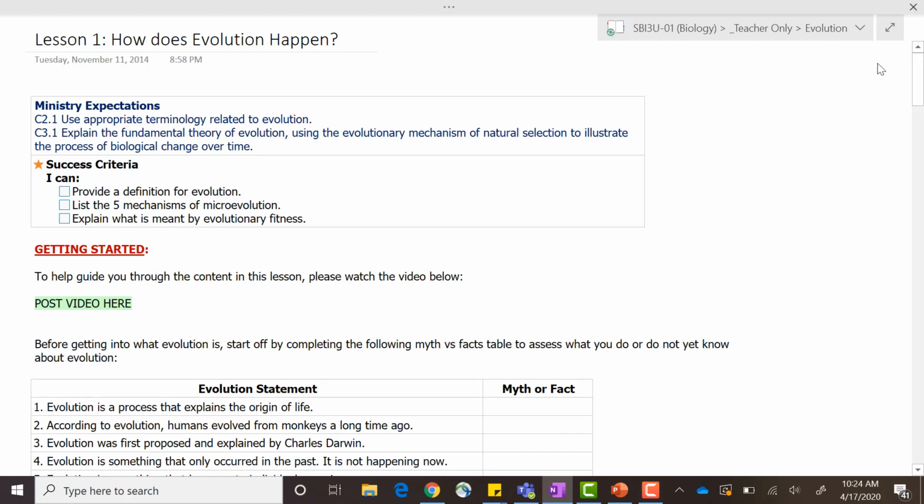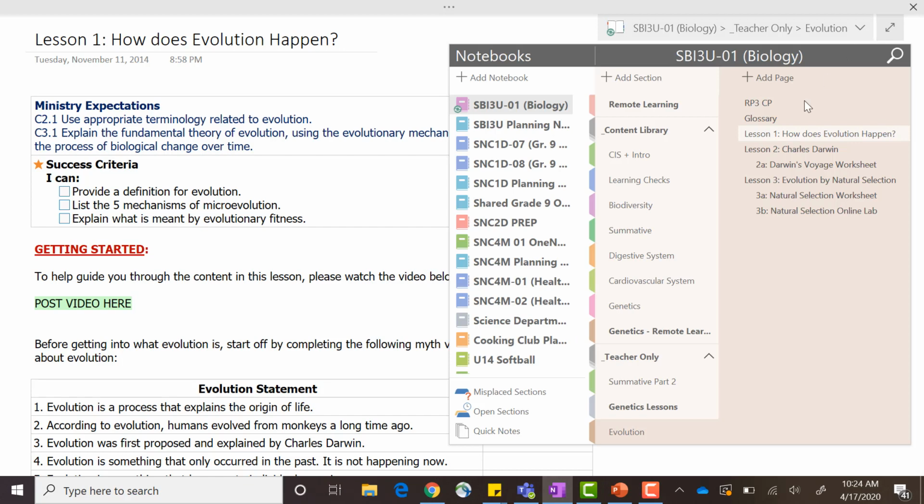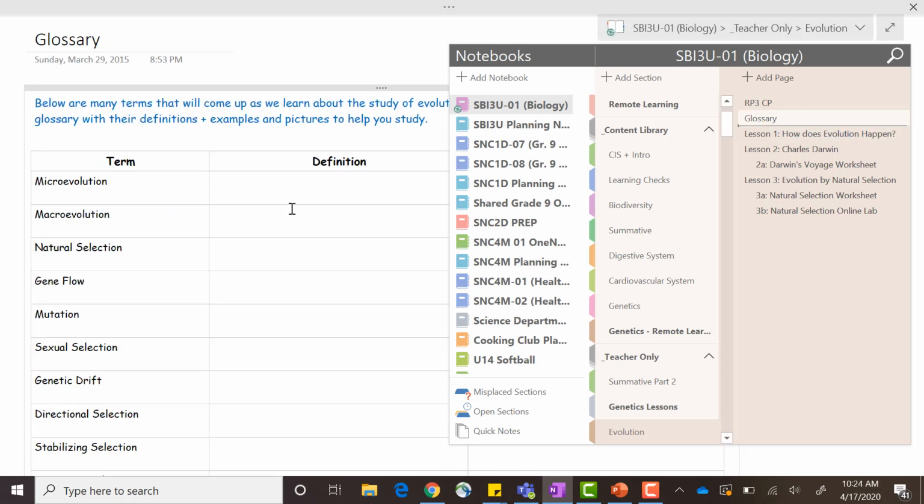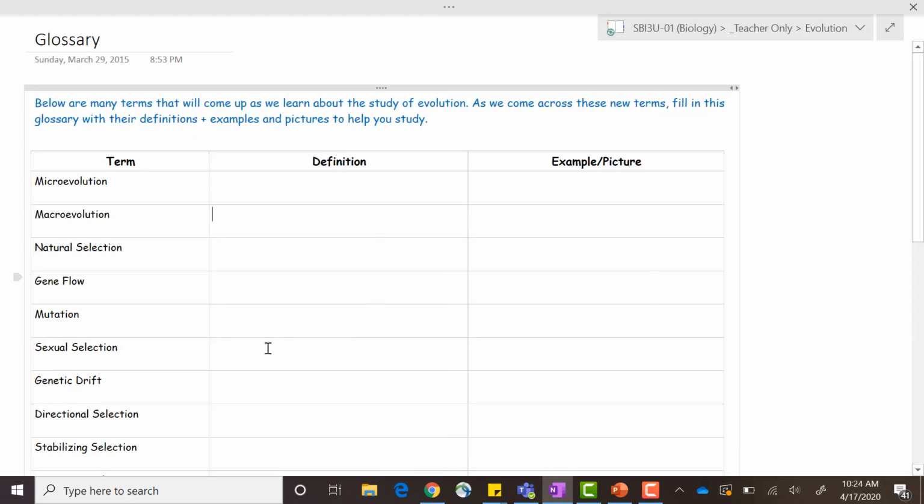One thing I wanted to point out before we get started is we've provided you with another glossary, and please try to use this as we go through, as it will be helpful for your next learning check. But as always with biology, there's a lot of terminology, and a lot of this will be new for you. So it'll make it easier to summarize the information if you keep track of these terms as we go throughout the unit.